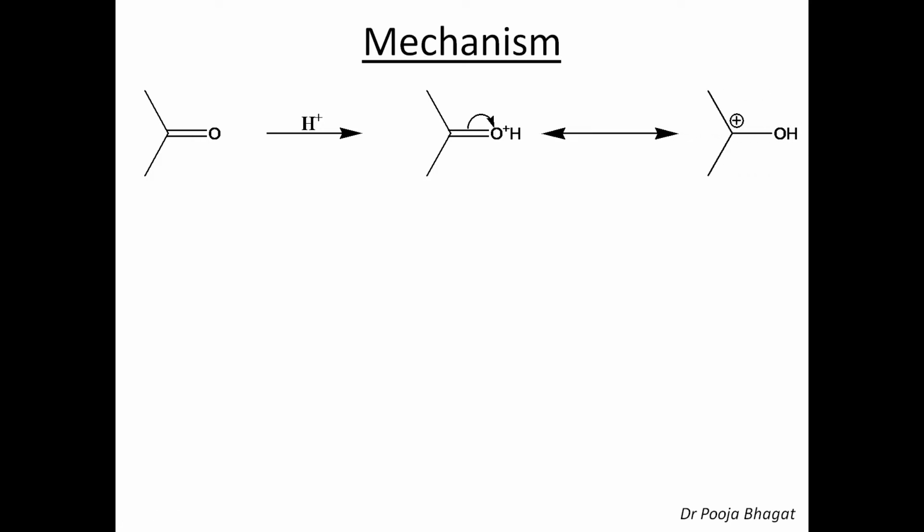Now let's discuss the mechanism first. The first step is the addition of a proton. Here the oxygen gets protonated. Oxygen is neutral; it takes a proton and attains a positive charge. Oxygen being electronegative, the positive charge on it is highly unstable. So the pi electrons will shift towards oxygen. Since the pi electrons move here, the oxygen, which had a positive charge, is gaining electrons, so it will become neutral. And since the pi electrons are moving away from this carbon, this carbon will attain a positive charge.